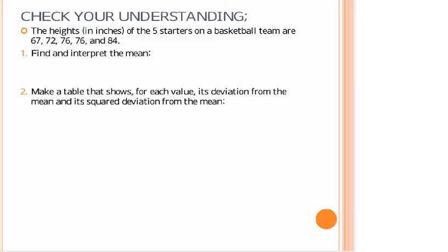So let's see if you can figure out the next question. This is check your understanding. It actually comes from page 64 in your textbook, if you'd like to look in your textbook, although I pretty much said the same thing. All right, first of all, find and interpret the mean of the heights in inches of the 5 starters on a basketball team. All right, well, I know that the mean, x bar, is equal to 67 plus 72 plus 76 plus 76 plus 84,